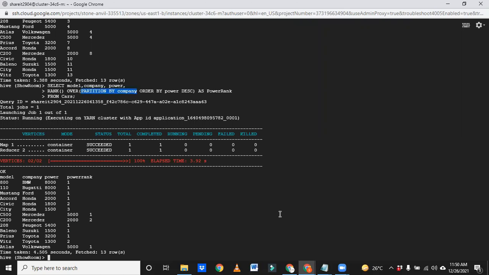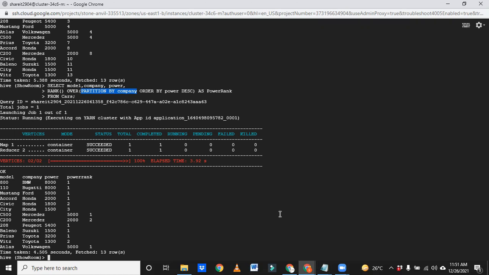If you don't want it uniformly, let us assume there are student marks. If you want to give some rank for them, then generally you write order by marks, descending or ascending, whatever you want, and it will give the ranks.